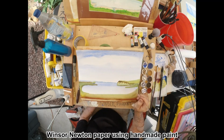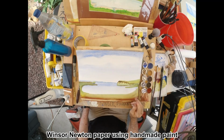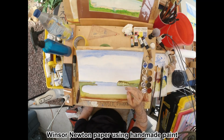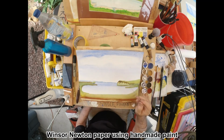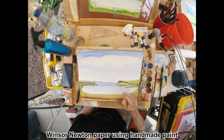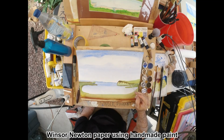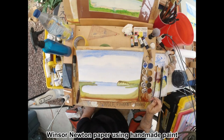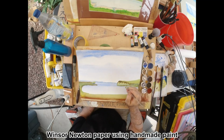But we do have a lot of cliffs, and basically it's a sandstone, and people build right onto the edge of them. So we've got a little burnt sienna, and I'm going to